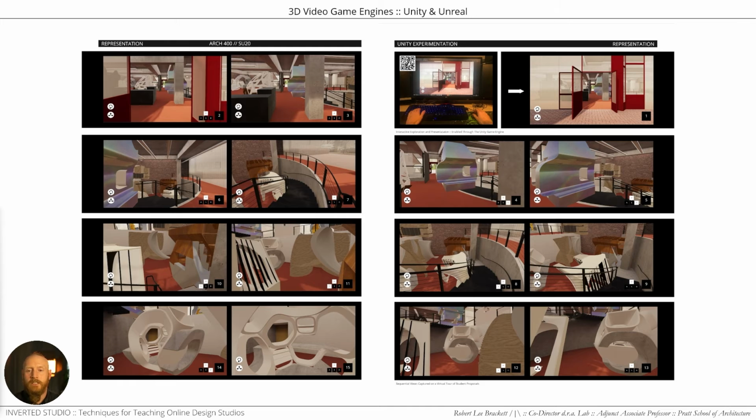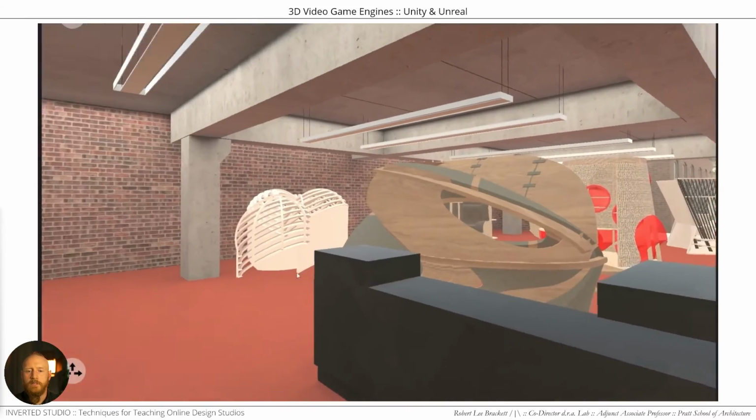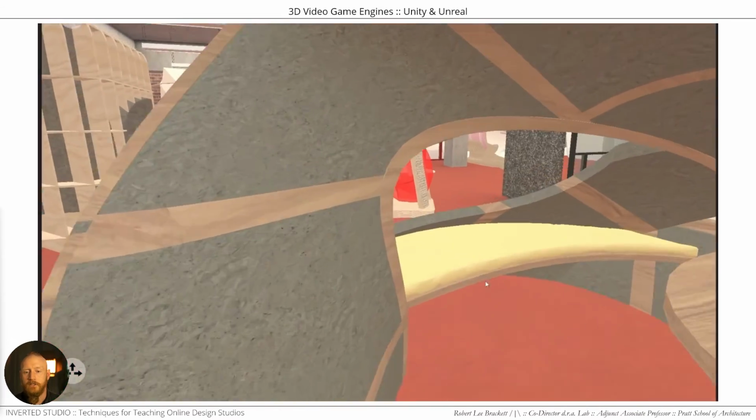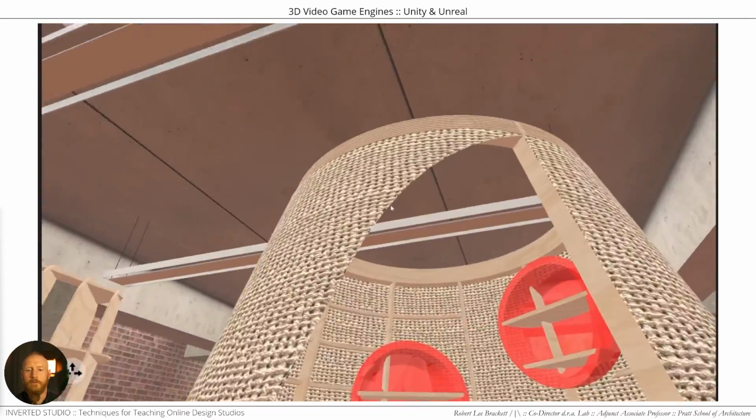At the extreme end of technical ability, we were able to introduce the use of video game engines with some of our advanced studios, where templates or drag and drop platforms built by Unity and Unreal can take the same geometry, either scanned or modeled by our students in architecture, and place that into an interactable environment so that reviewers and critics or the faculty can come into the space, walk around, move around, see the things happening, and really experience what the proposal is for the project with things like dynamic lighting, collision interaction, and even putting stuff into a virtual gallery context to have a review in real time, in